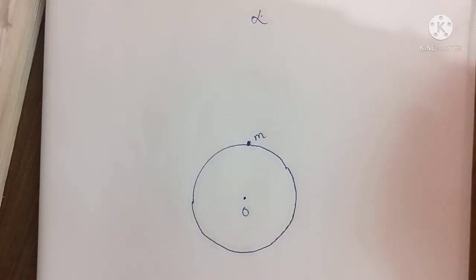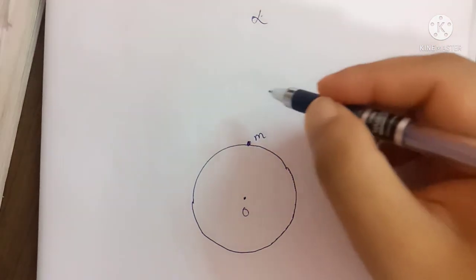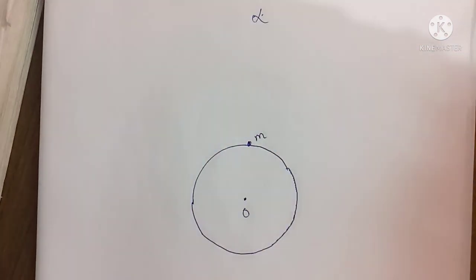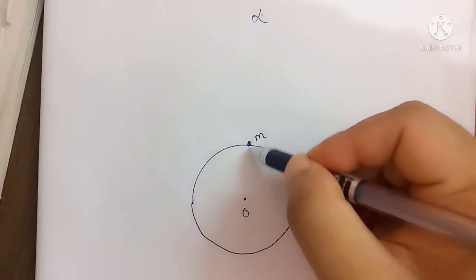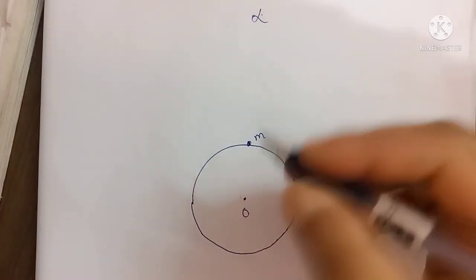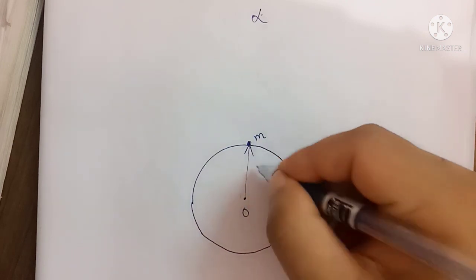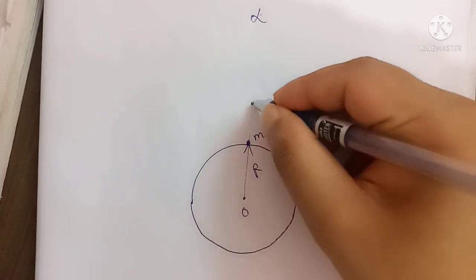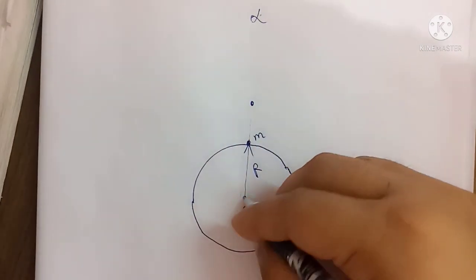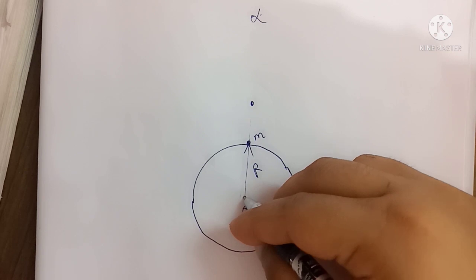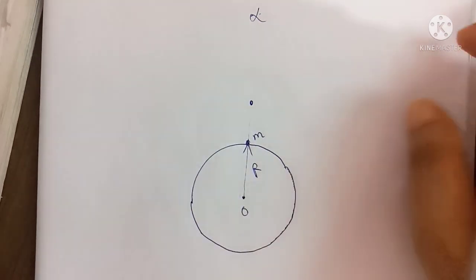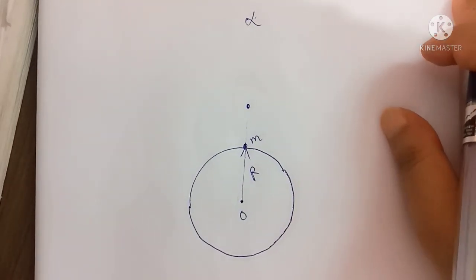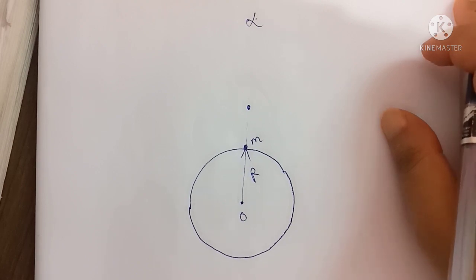In order to find the amount of work that is needed, we need to use calculus, because it is not a fixed force that is acting on the mass m. The gravitational force depends on the distance between the two objects. At first the distance is the radius of the planet, r. When it goes higher, the distance between the mass m and the center of the Earth increases, so the force will decrease. So it is a variable force, and the work done by a variable force can be found only with the help of calculus.